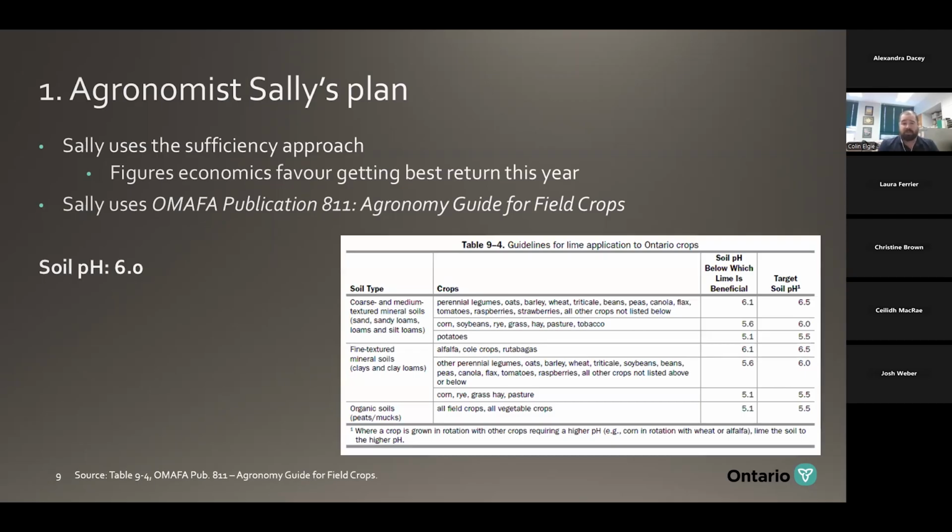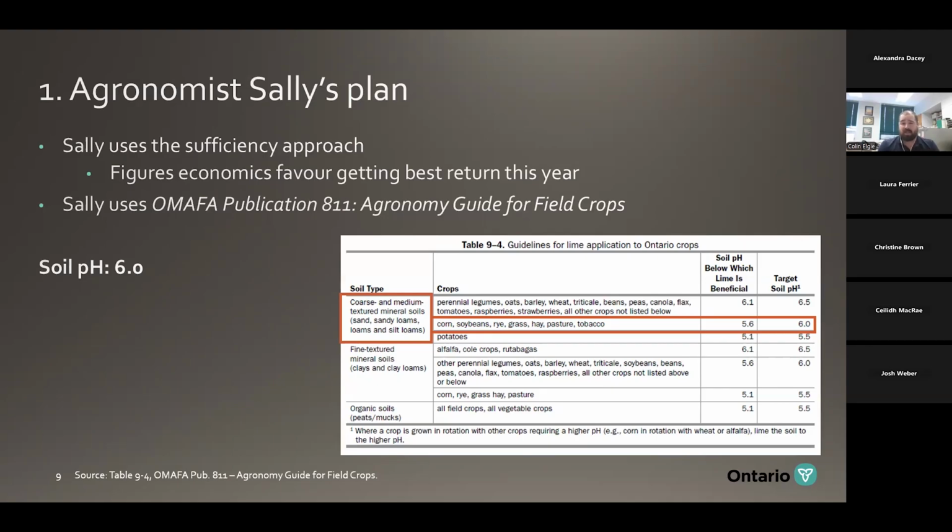Depending on the crop specifically that is being grown, there are different target soil pHs, and along with that target soil pH, there's a bit of a buffer of when it's actually going to pay to apply that lime, and when that lime is really going to add value to that cropping system. So looking at this, we know in this case we're on a sandy loam soil. We're looking for a crop of corn. And so we can see that in this case, we're actually targeting a pH of 6.